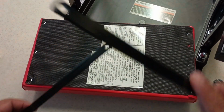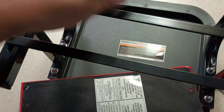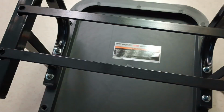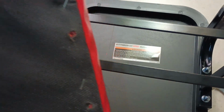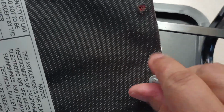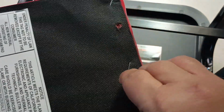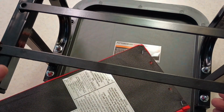Okay, so here are the crossbars that attach to the frames and to the bottom of the seat, and they just simply go on top of the frame like this, and you match them up to the holes, and you put the seat on top, and then you screw everything together. The seat has pre-drill holes with nuts inserted inside to the seat, so the screw can catch the nut, and I'm going to show you one here. Once you catch it, you're good to go. And that's the key. Trying to catch it based on feel and trying to center that bolt to catch that